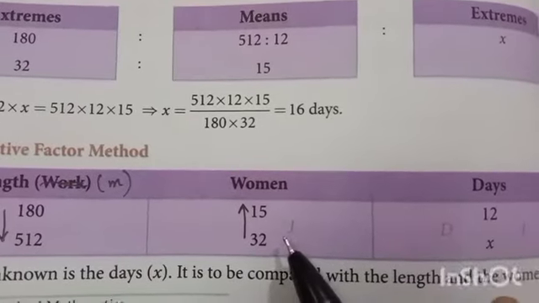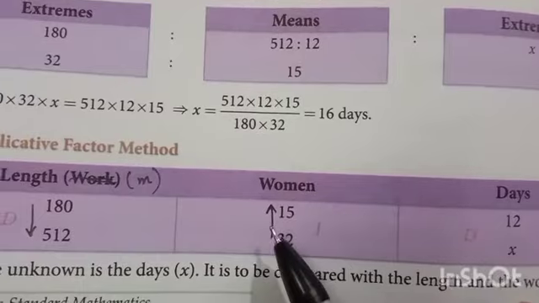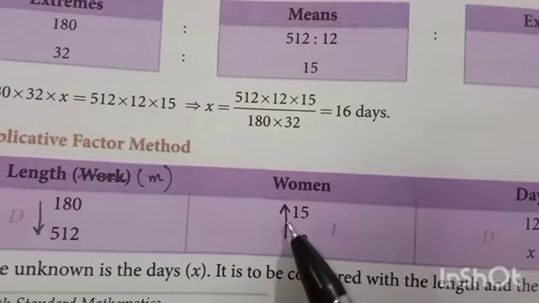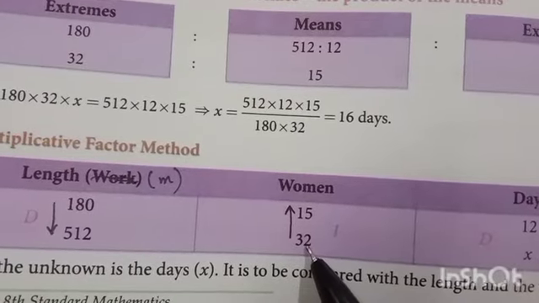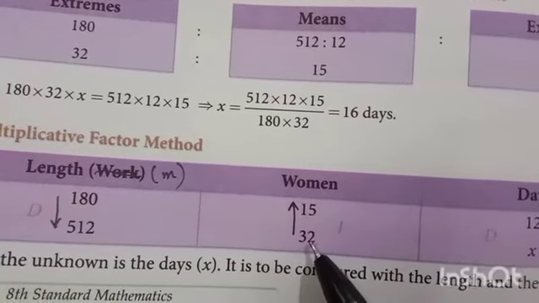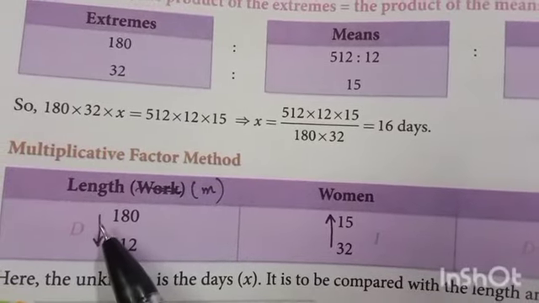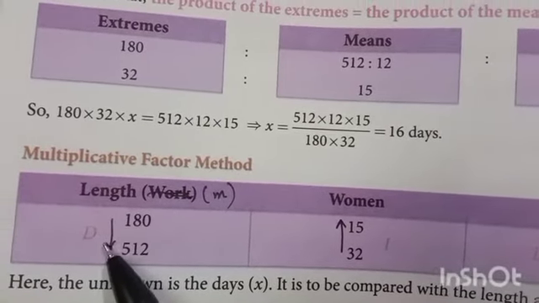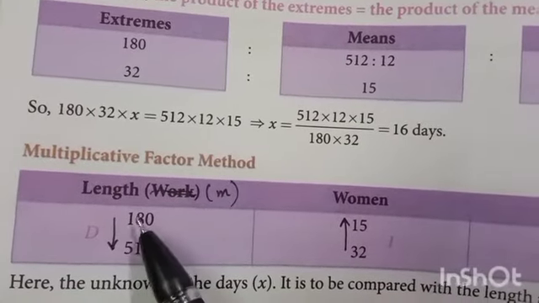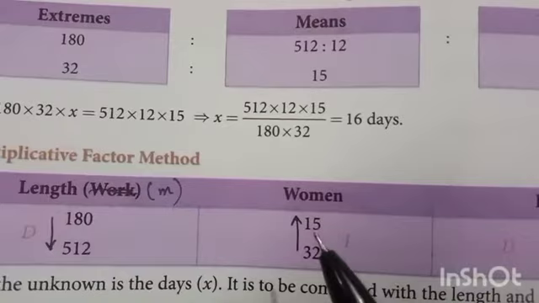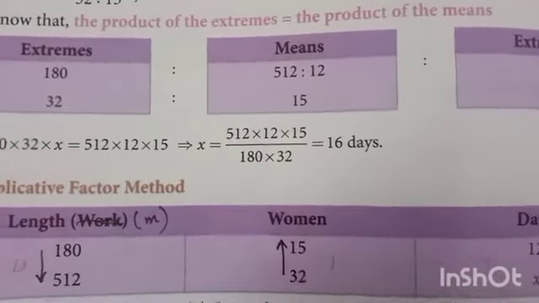Okay, inverse variation you have to denote I. For inverse variation you have to use the multiplying factor with an upward arrow mark. So the numerator is 15, the denominator is 32. Are you clear about it, students? This arrow mark denotes the multiplying factor. This symbol denotes the numerator, and this is the denominator. Here which is the numerator? This is the numerator. This is the denominator.